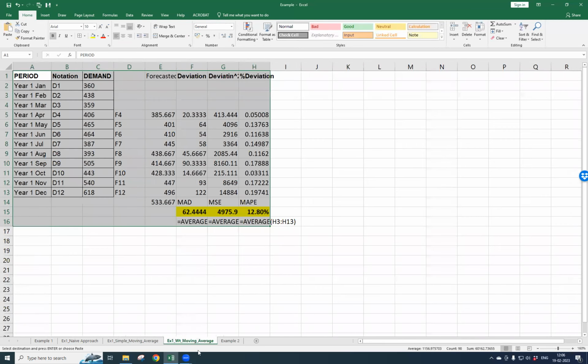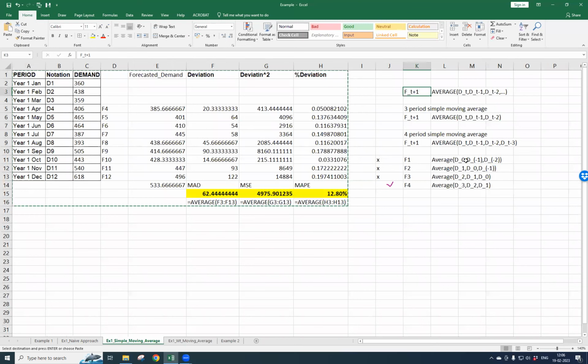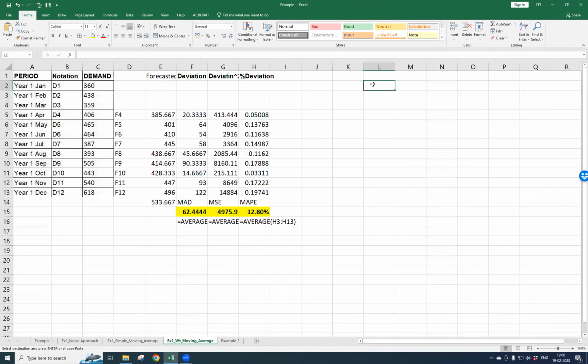Now, instead of this formula, that is Ft+1 equal to the average of Dt, Dt-1, Dt-2, we said that the forecast Ft+1 is going to be, let's start with the Dt value, the previous value, so let's call it Wt Dt plus Wt-1 Dt-1 plus